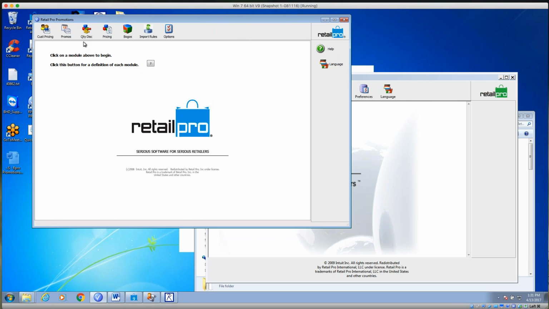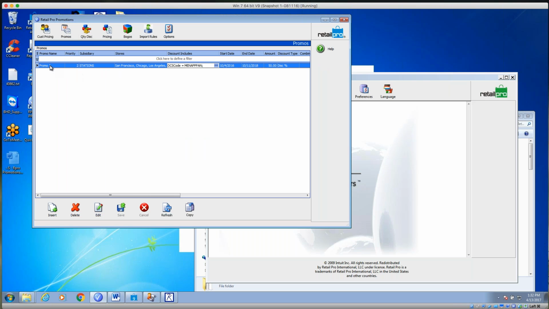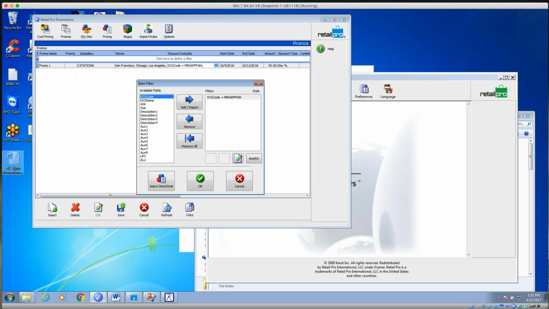And I agree though with Craig there in version 9. When you get into setting these up, you have to give it a name and a priority and store the subsidiary. The hard thing is absolutely the filter and setting up the filter correctly. I just did a simple filter here. If I was going to do more than one department, though, Craig, have you found that you can use wildcards, or is it pretty much only